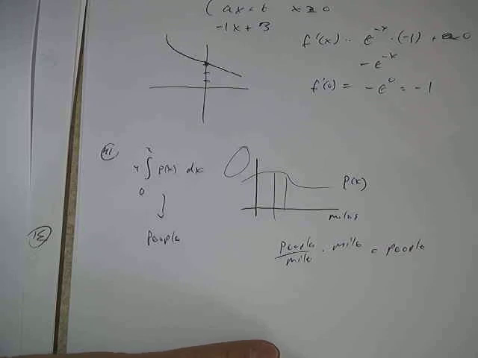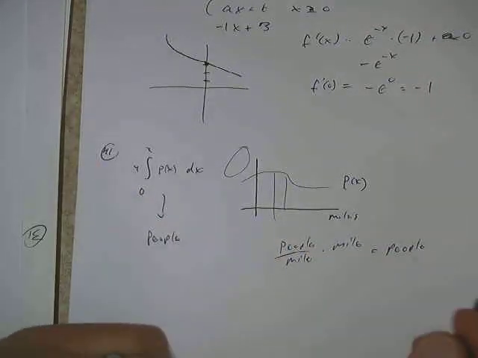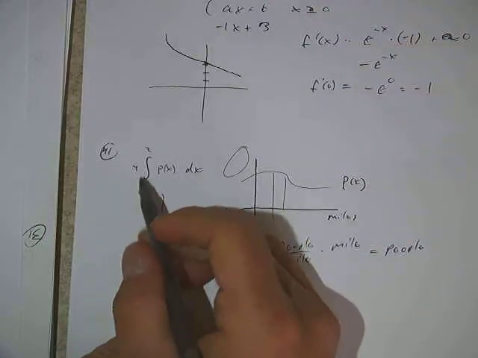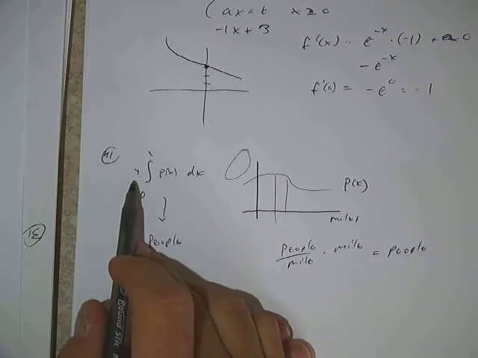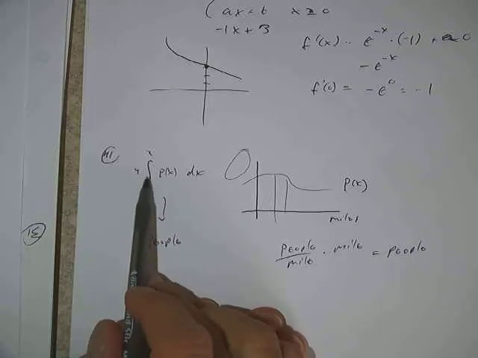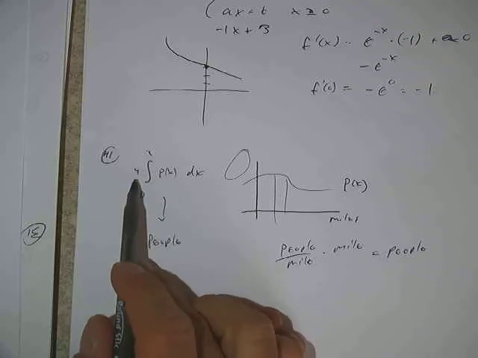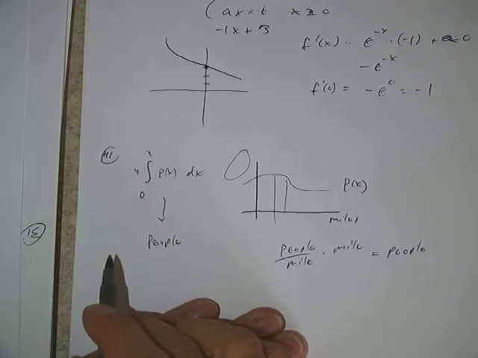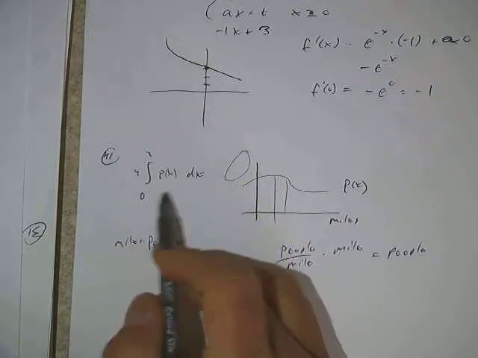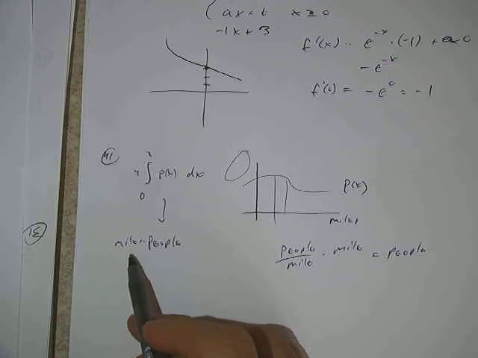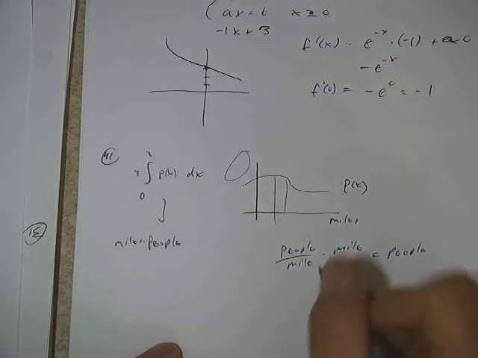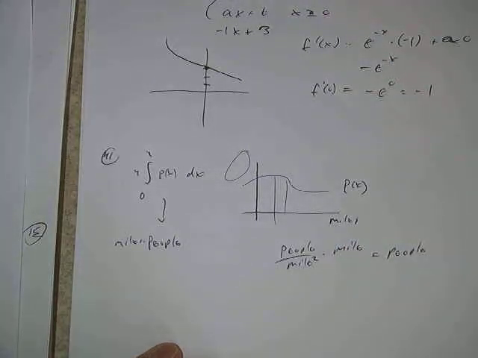The units are people. So bottom line here is that if this is our rho of x function, then what is the other unit going to have to be in order to give us a multiplication? Remember, when we find area under a curve, we multiply the two units together. So what is this going to have to be in order to multiply it by miles and get people? Wouldn't it be people per mile? Because if I did people per mile times miles, I'd get exactly what I have there, which is people. So therefore,